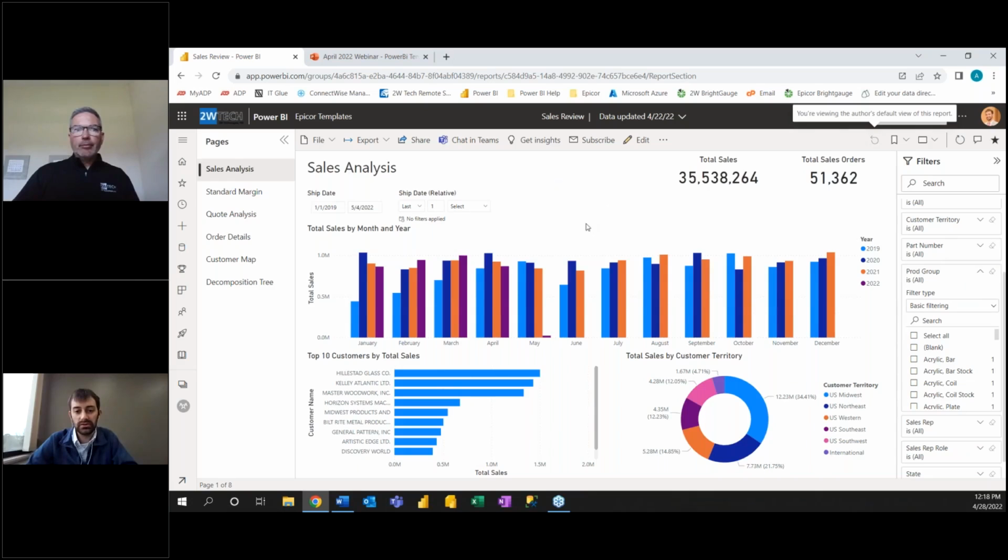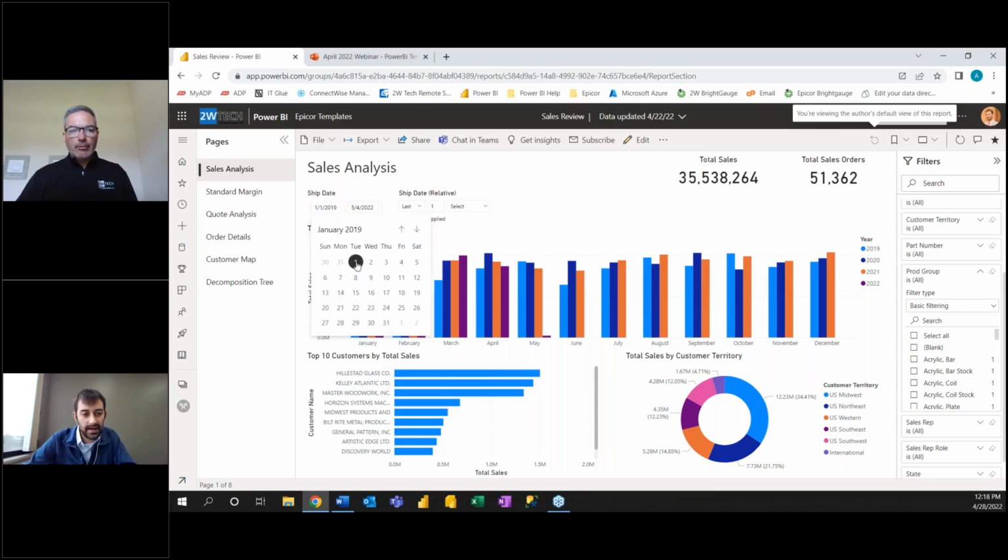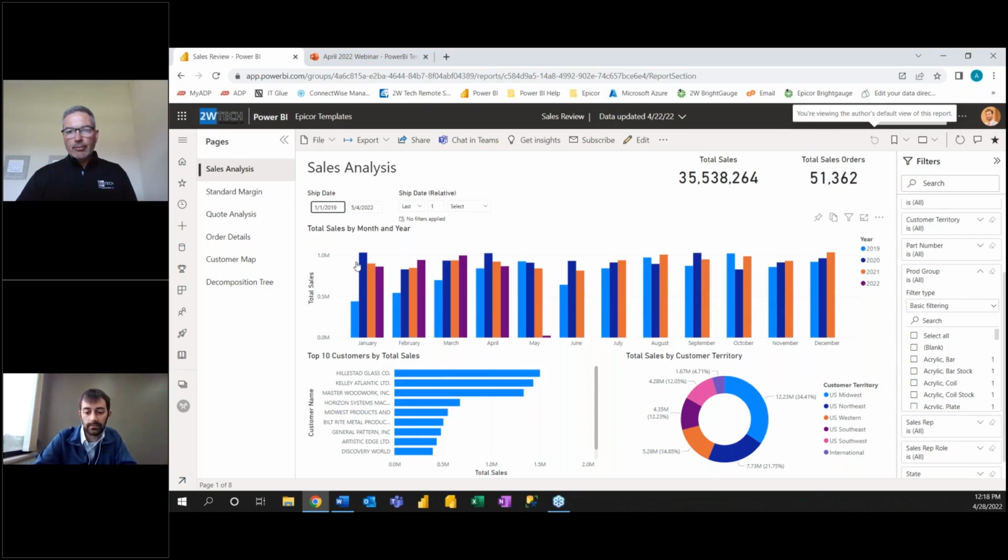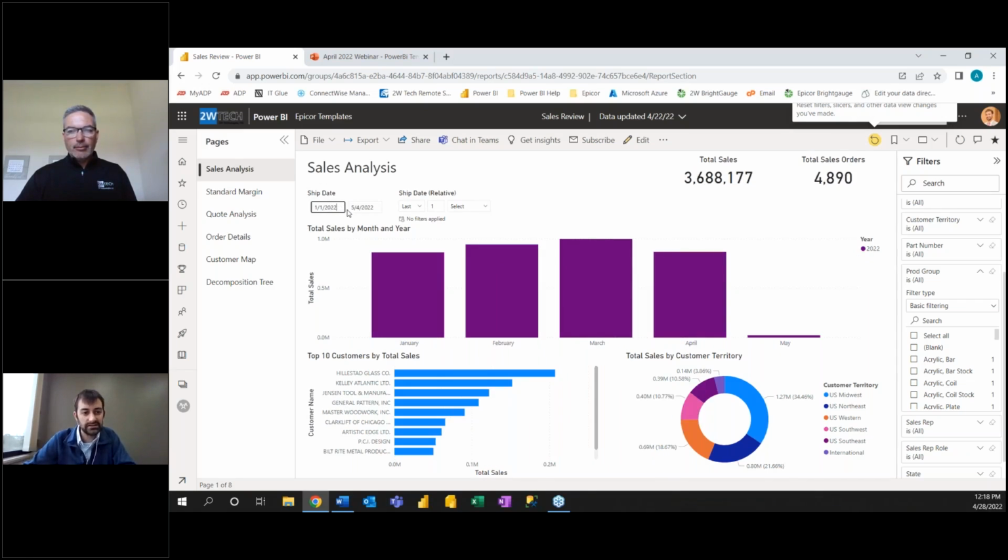So the last way that you can slice and dice and look at your data differently is through the use of date filters, which are these on-screen slicers here. There's a couple different options. I can look at it in terms of a specific to and from ship date. So let's say I'm interested in looking at everything from the beginning of this year. I can change my start date to 1/1/2022, and now I'm looking at just my 2022 data filtered. If I reset those